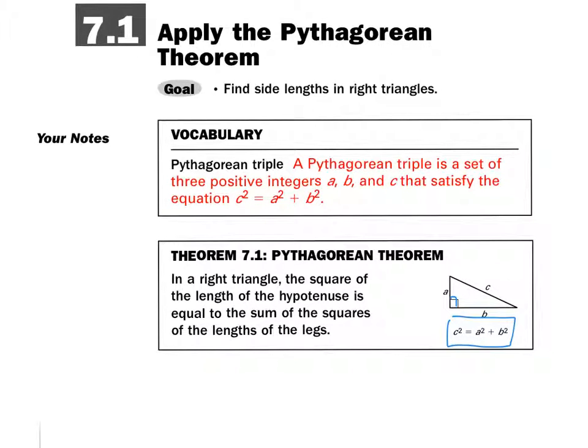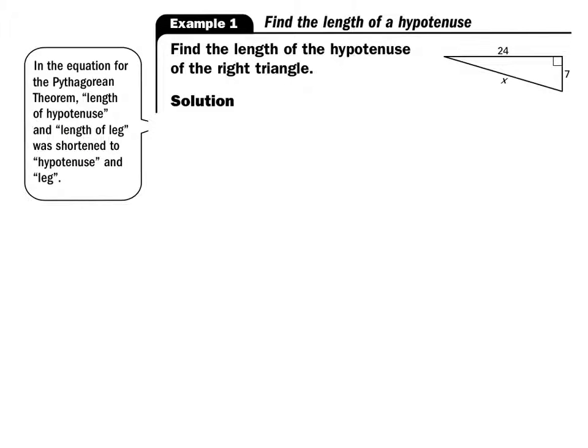So make sure that you identify the hypotenuse as c. In this example, we're asked to find the length of the hypotenuse, which is x right here. And notice that the lengths of the two legs have been given already, 24 and 7. So we can just do a straightforward plug-in of the Pythagorean theorem where c squared equals a squared plus b squared. Because c is the hypotenuse, we replace c with x, we replace a with 24, and we replace